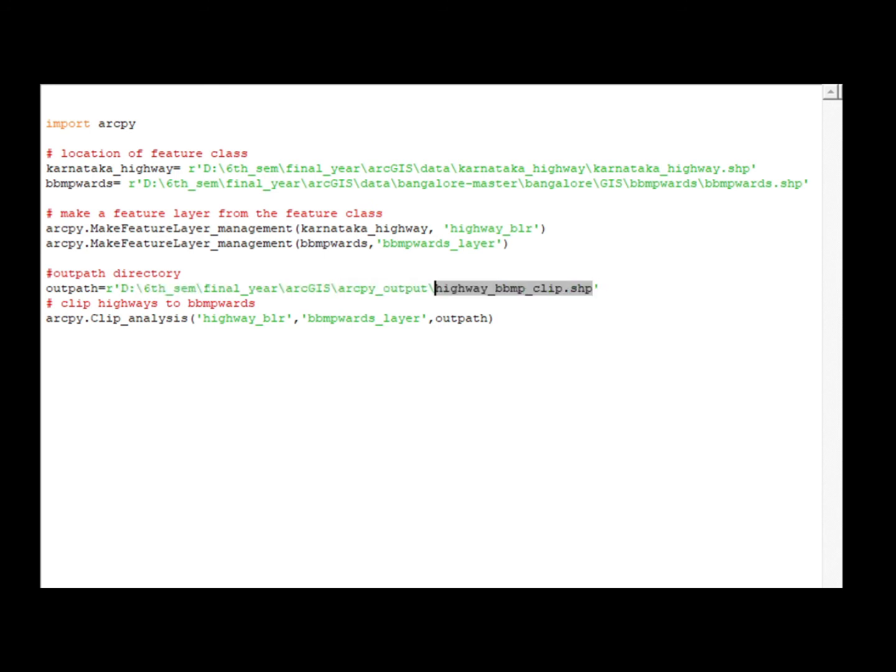Here you can see I've named it highway BBMP clip, and this output path I've given as the third parameter. This parameter takes in the location of the output class. Once this is done, let us save now.